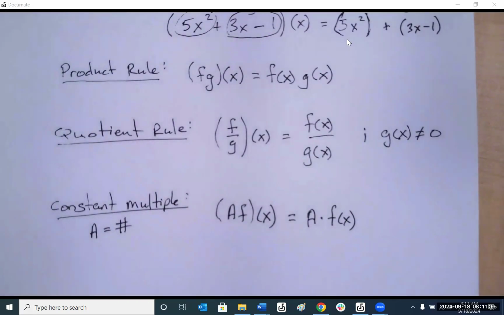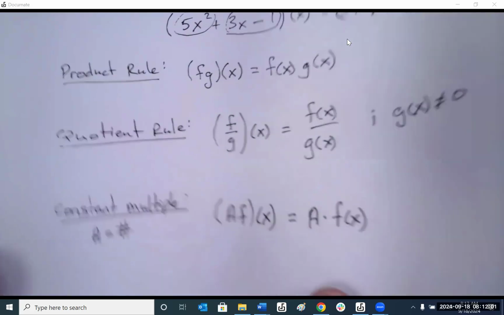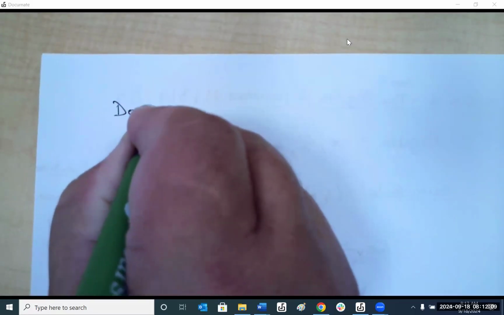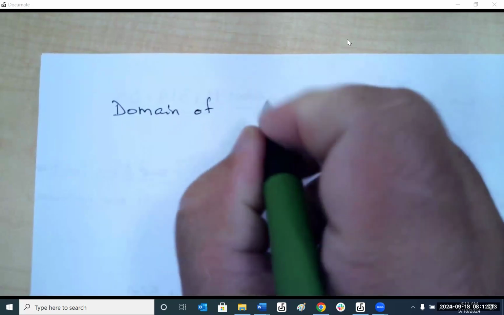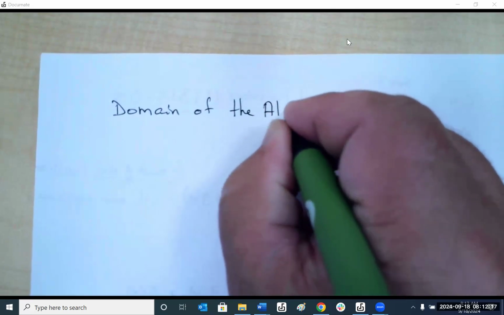What is its domain? But now I have a combination of two of them. The domain of the algebra of functions